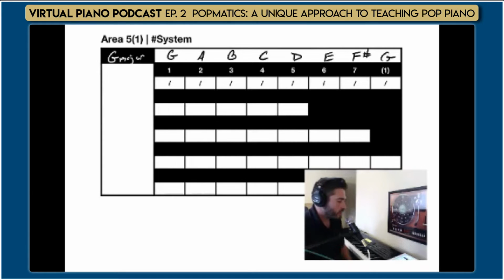This exercise is called Area 51. What we're focusing on here is the 5 and the 1 repeater. So what I'm having the students do is, in their right hand, play those notes. Let me slide this over. In the right hand, I'm having them play the D and the G, and I usually have them go first and third finger. Those little dashes represent basically quarter notes. So they're just going to play G and D,